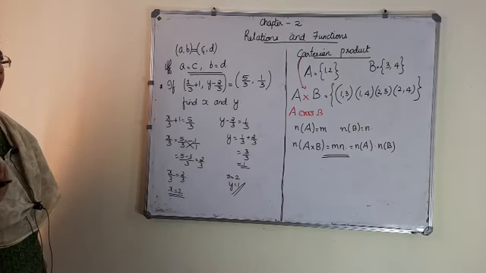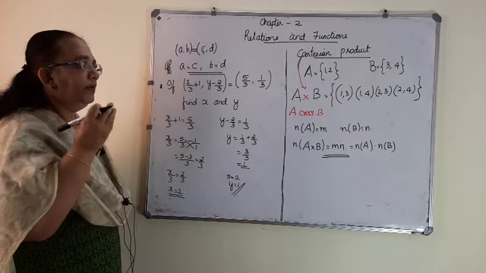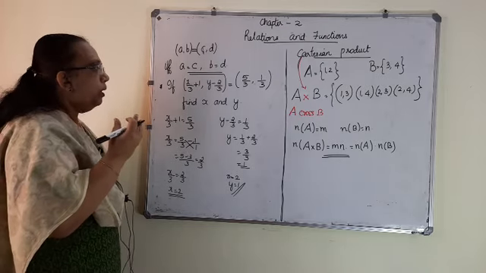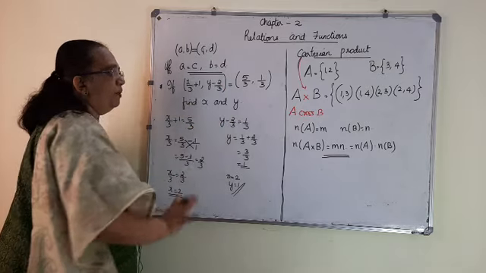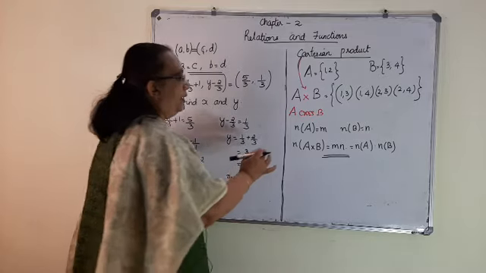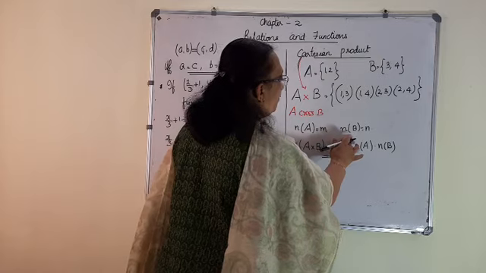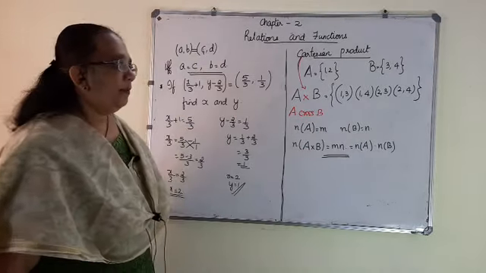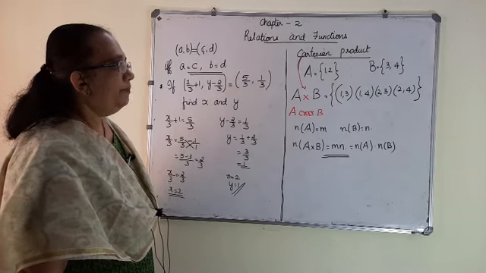So, when you find the Cartesian product, it is applicable on sets, and the elements of A cross B will be ordered pairs, and two ordered pairs are equal if the first components are equal and the corresponding second components are equal. So, you may get questions of this type. Now, if in the first set the number of elements in A is equal to m and the number of elements in B is equal to n, the number of elements in A cross B is equal to the number of elements in A into the number of elements in B, that is equal to m into n.